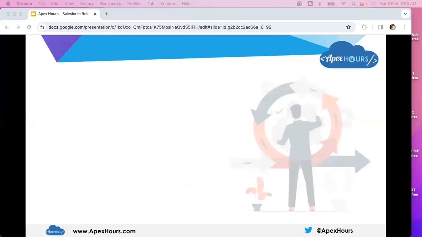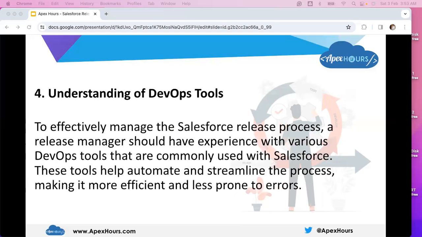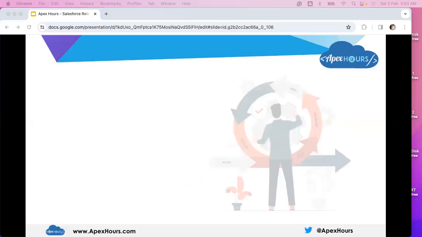Now we go to the next thing, to efficiently manage the Salesforce release process. A release manager should have experience with various DevOps tools that are commonly used with Salesforce. These tools help automate and streamline the process, making it more efficient and less prone to errors. Tools like DevOps Center, Copado, Gearset, Autorabit,